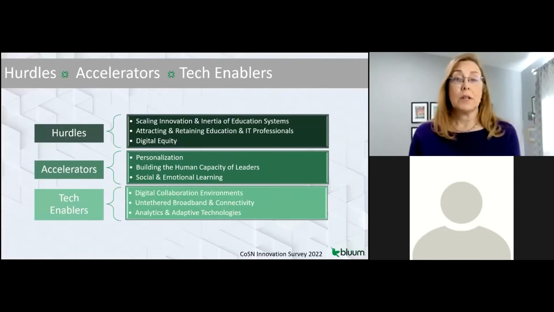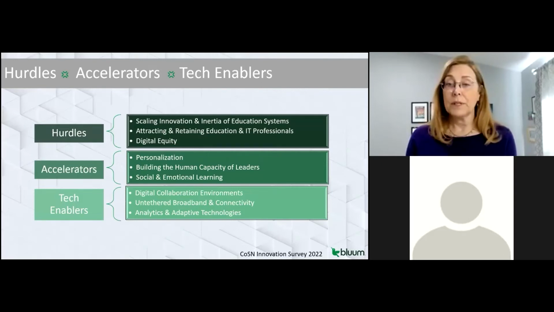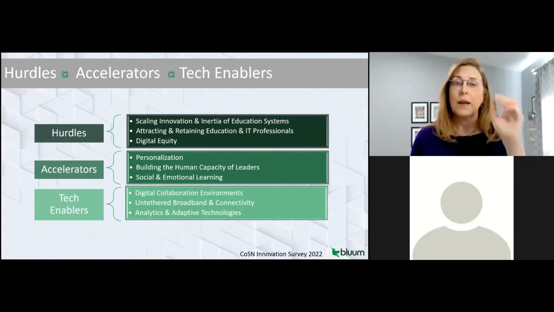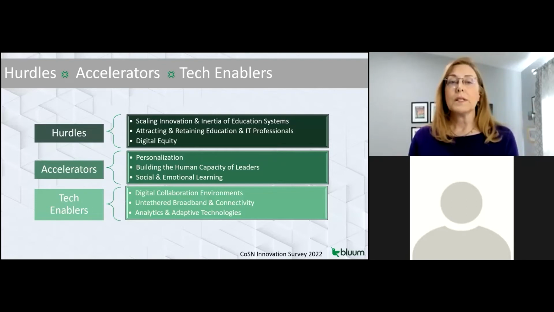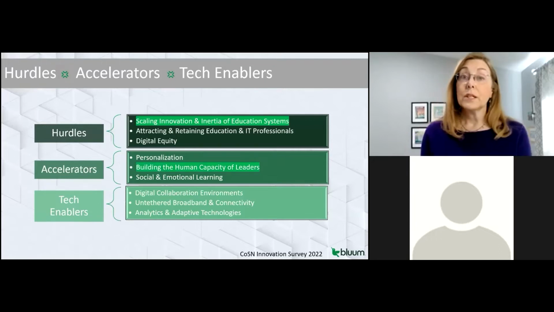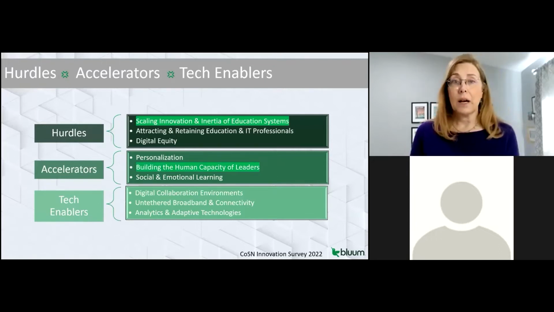In our first session on March 2nd, I shared the results of the COSIN Innovation Survey that was done earlier this year. And we talked about some hurdles, accelerators, and tech enablers that we were experiencing. And then I shared the ones that COSIN named in the survey. And this webinar series is really designed to look at the hurdle that they've named with scaling innovation and the